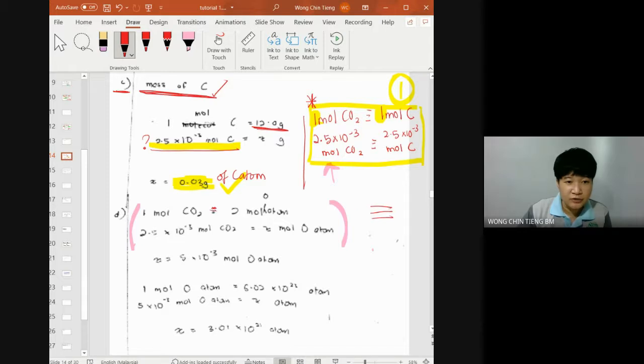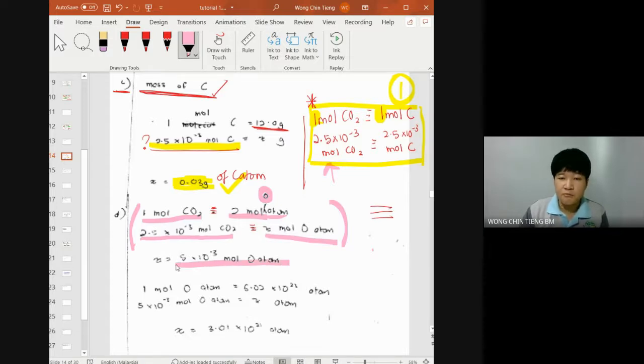Check all your ratio. Semua ratio adalah 3 dashes. Okay. So 1 mole of CO2 produce 2 mole of oxygen atom. Yes. 2.5 times 10 to the power negative 3 produce X mole of atom, which is 5 times 10 to the power negative 3 mole of atom. Betul? Dia buat ni. Okay. Perfect. We want in number of atoms, so you compare with Avogadro, you get the